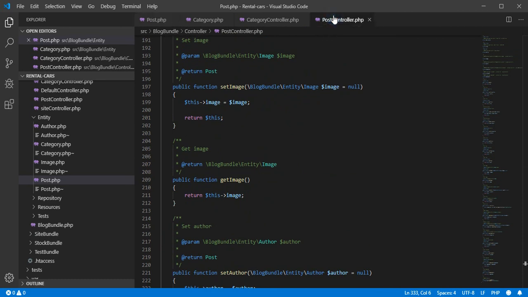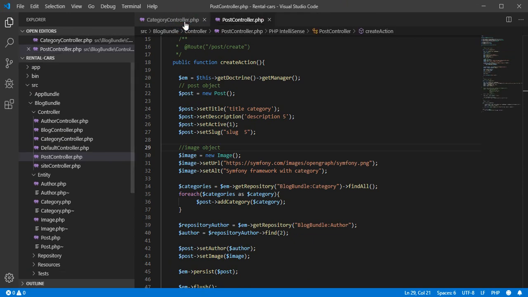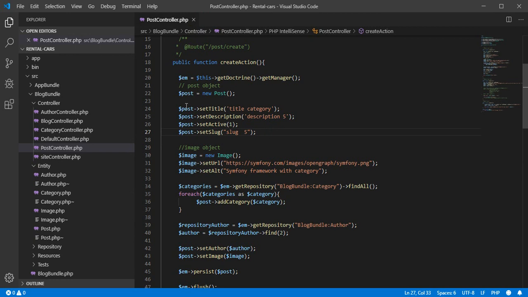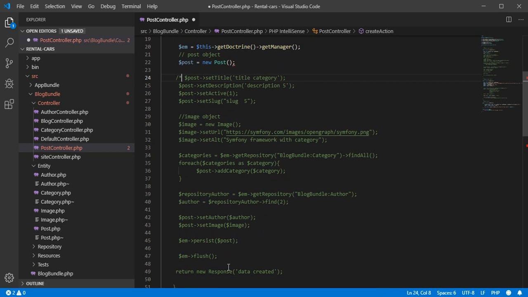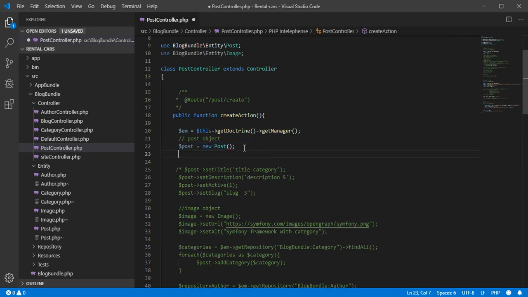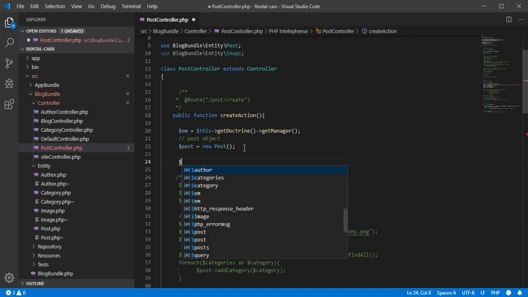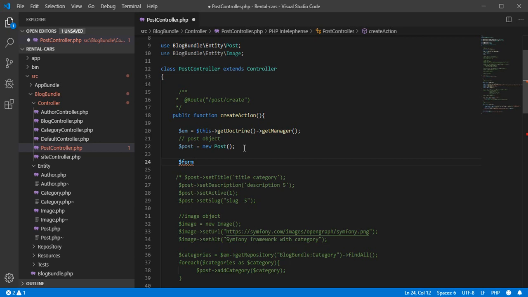So first let's go to our post controller and close this. Here I will comment all of that till here, and leave just the post. Now for the form in Symfony, we need to create a new variable. Let's name it, for example, formPost, equal to this dot get,